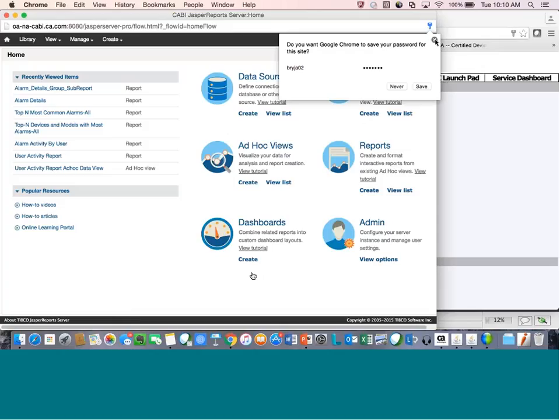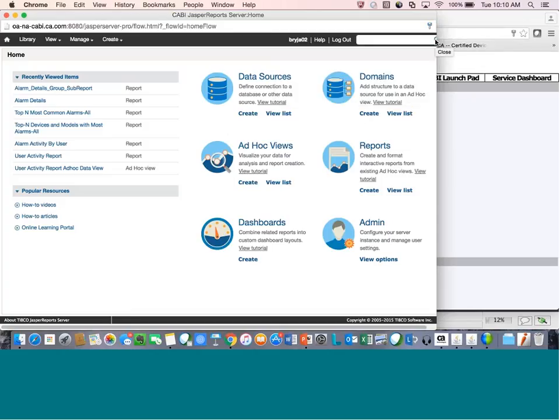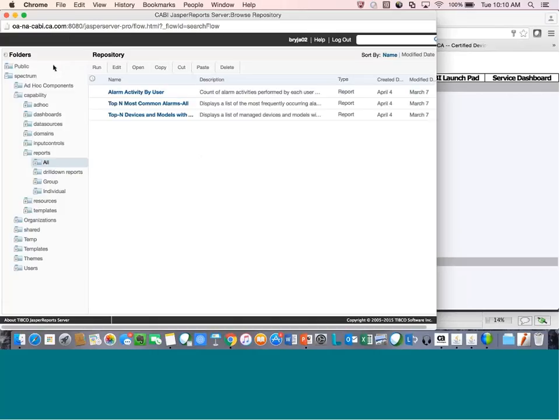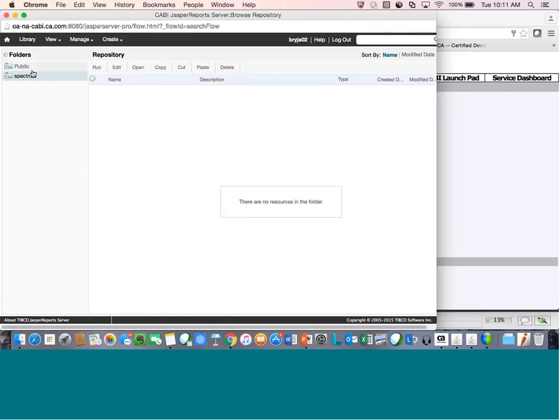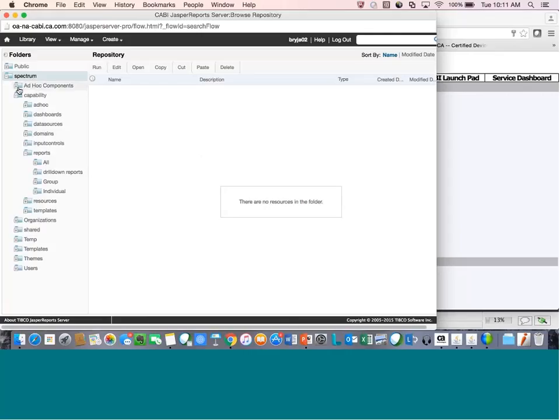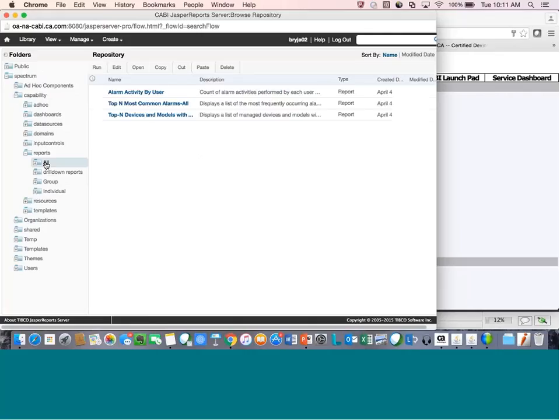From here, as you can see, just a better look and feel than we had within the CABI reporting altogether. To get to the reports, you would go to View, Repository. On that last screen, it did show, based off my user ID, what my last reports ran in there. So I have common ones that I'm running. Those are going to stick within my main home screen, so I can quickly access those. From here, when this builds out, you'll have your Spectrum folder, and then underneath Capability, underneath Reports, you're going to have the All Reports, Reports and Field on Capability, Group, and Individual Reports. Similar to what we had before within the CABI-based reporting.